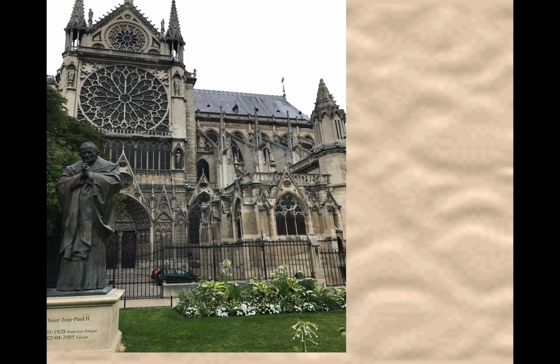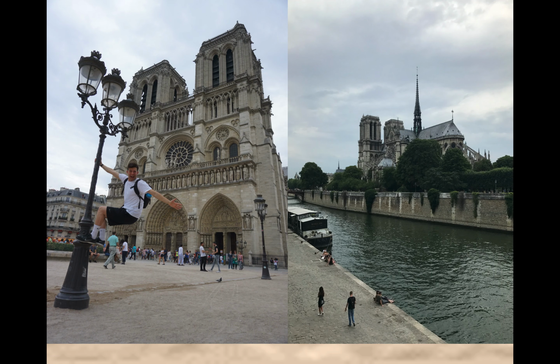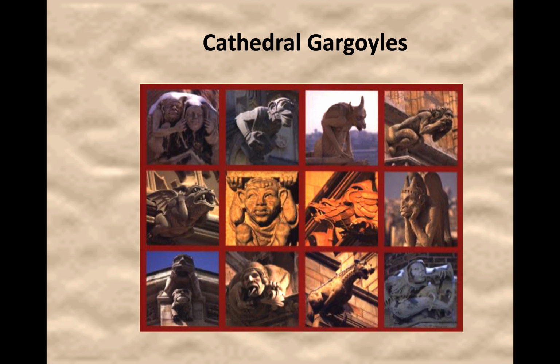Take a look at Notre Dame, the famous cathedral in Paris. You can see there's the flying buttresses right there. That's a picture from Havre when I was there. And there I am in front of it, having a good time. But you can see right here at the back of the cathedral, all those flying buttresses supporting the back. And there's the tall spire reaching up towards God. Really important. Key feature of Gothic medieval architecture.